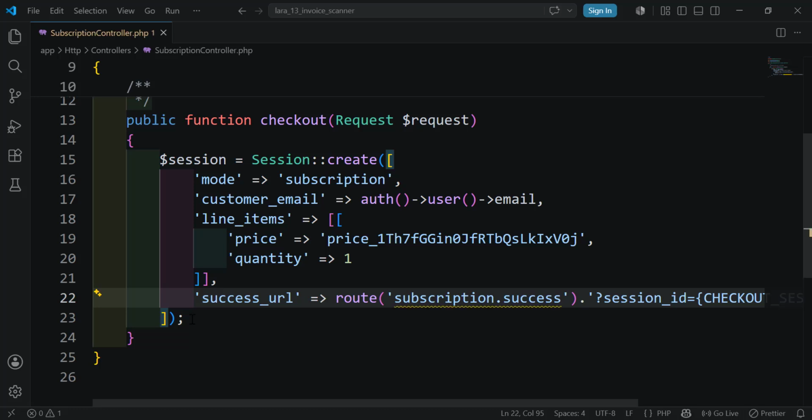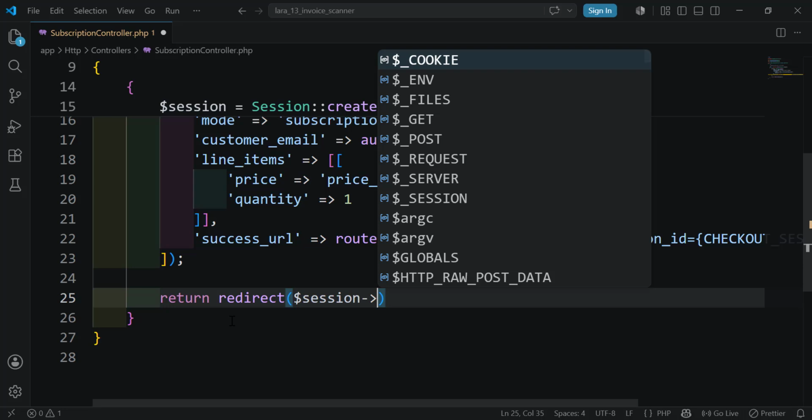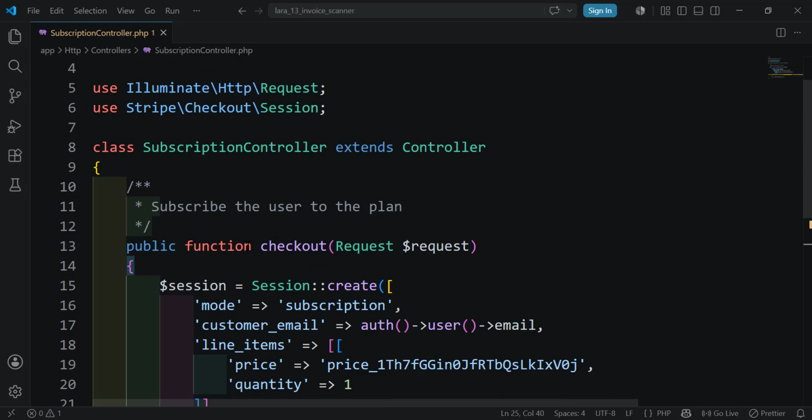Okay, so once we created session, we need to redirect the user to the Stripe subscription form, and we use return redirect, and we add here the session, and session has the URL, which is the URL that will take the user to the Stripe subscription form. Okay, now we need to handle success